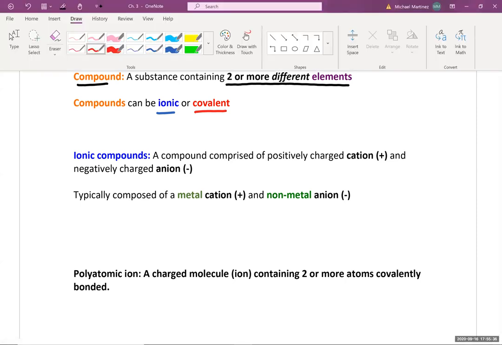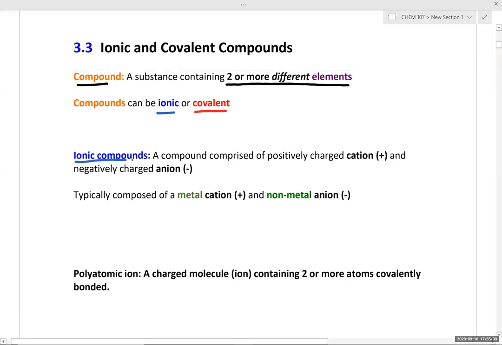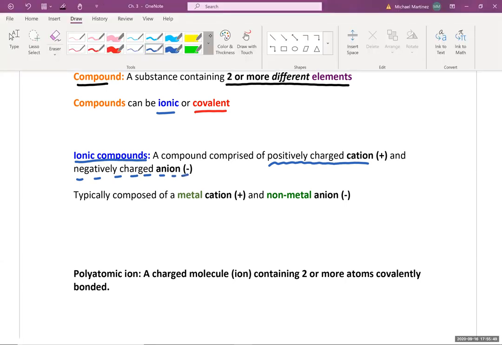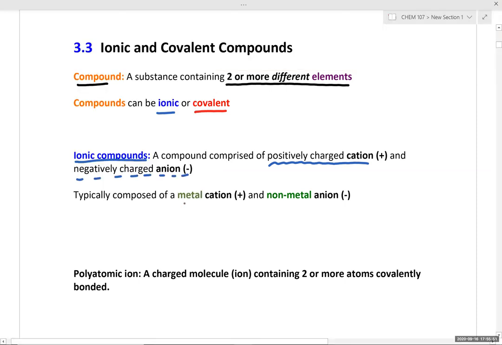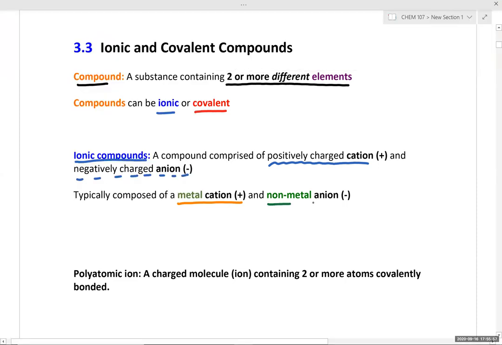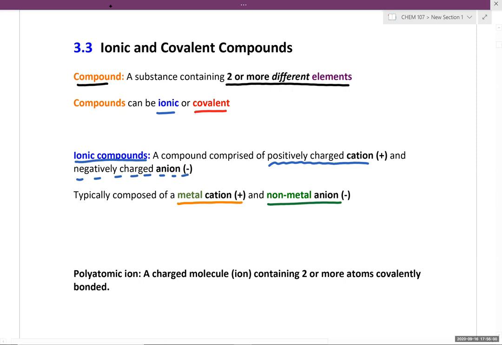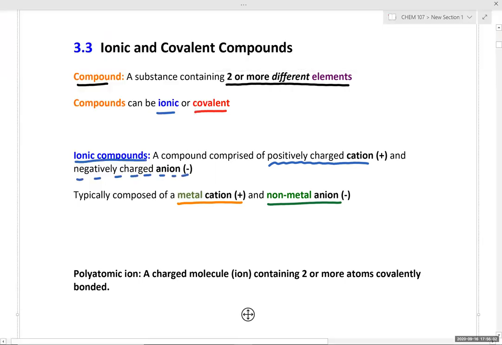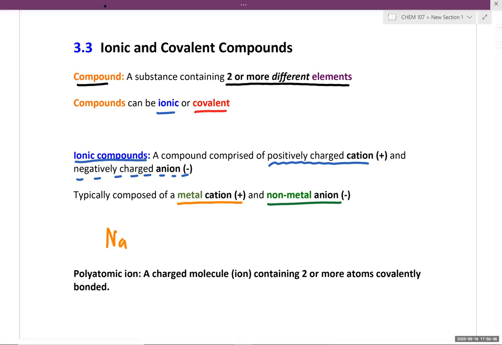Now, ionic compounds are compounds consisting of a positively charged cation and a negatively charged anion. What this essentially boils down to is most ionic compounds are composed of a metal cation and a non-metal anion. An example of this would be sodium chloride, NaCl,